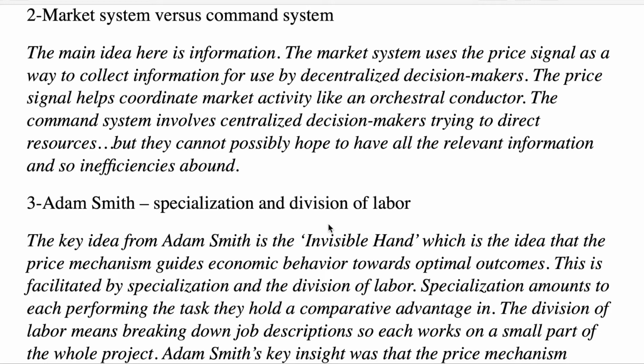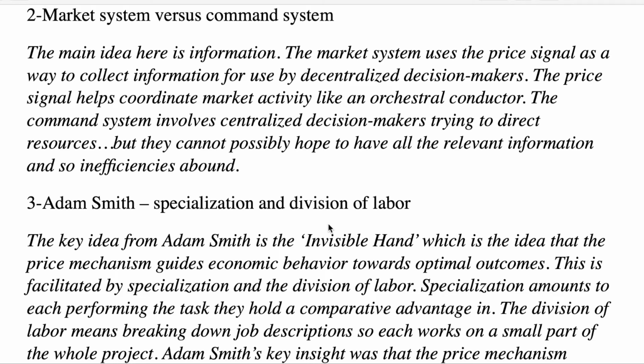Next important concept is thinking about the market system versus the command system. Basically ways of organizing the economy as a whole, and the really important idea has to do with information. The basic idea is the market system uses prices. It uses the price signal to capture the information coming from the valuations of buyers and the costs to sellers to determine how much of a good or service should be produced and to whom it should be supplied. You can take the decentralized actions of a lot of decision makers, collate this information and direct this through the price signal in a way that people can coordinate on.